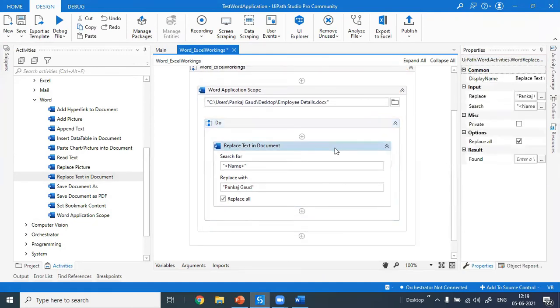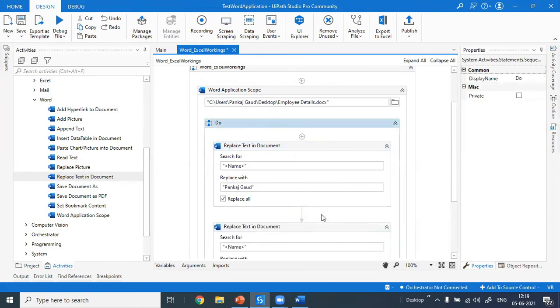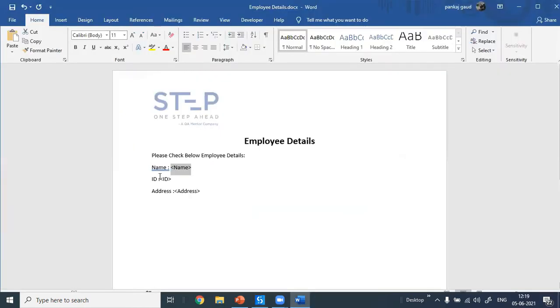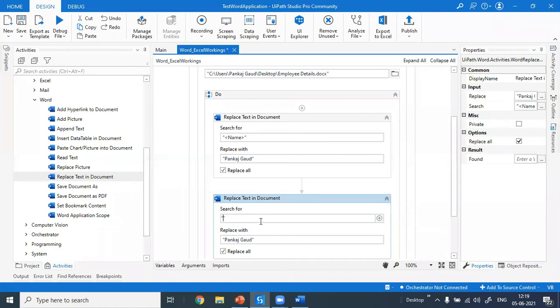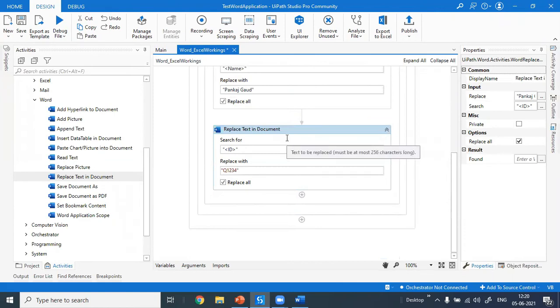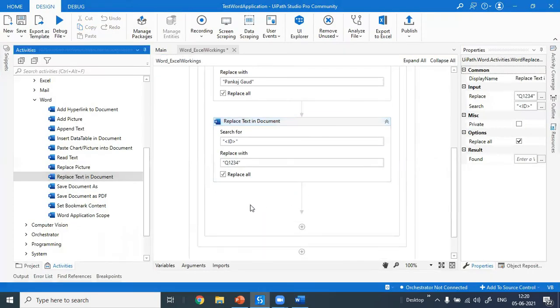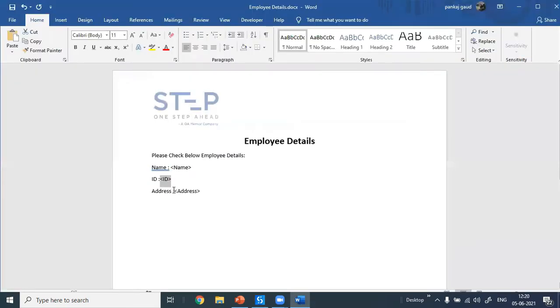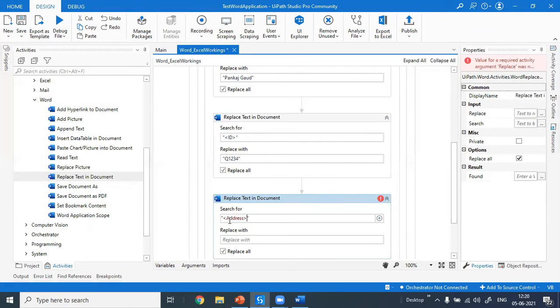The same way I can replace the ID, and then the address, consider a number.